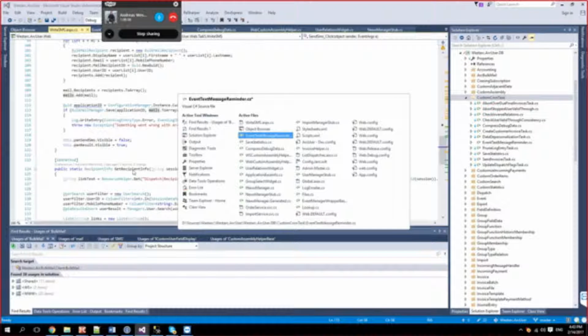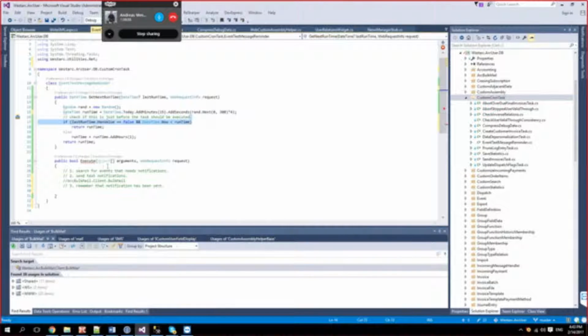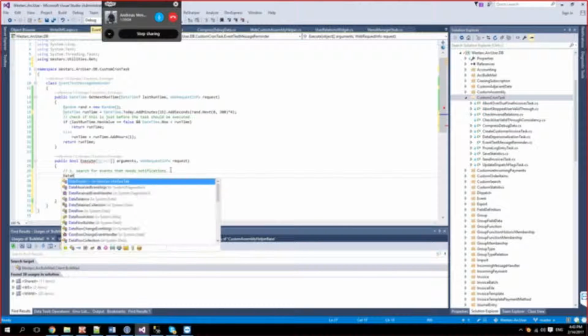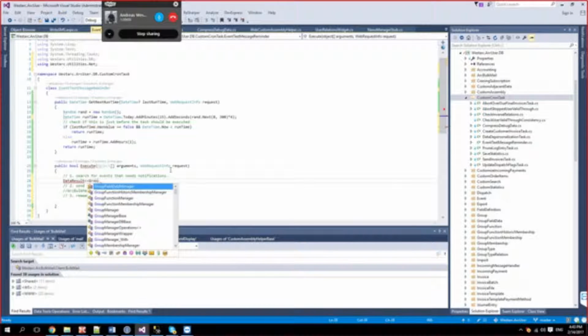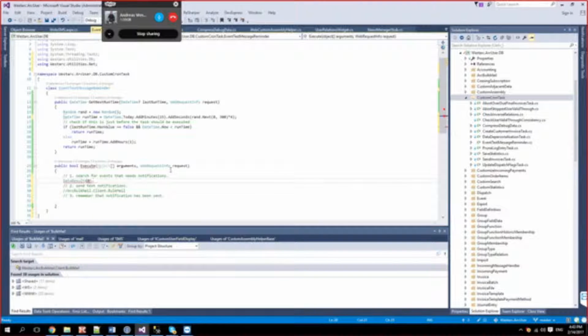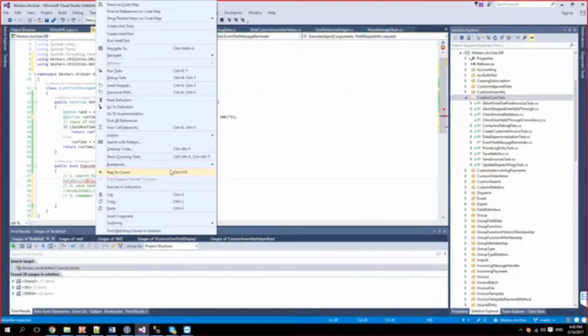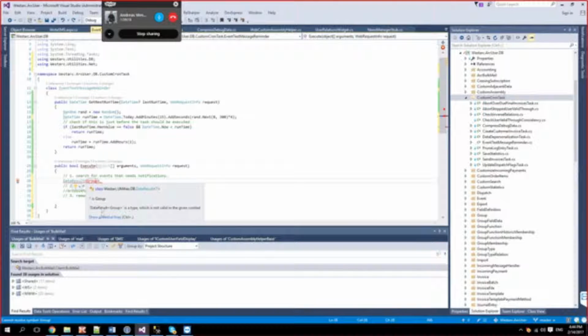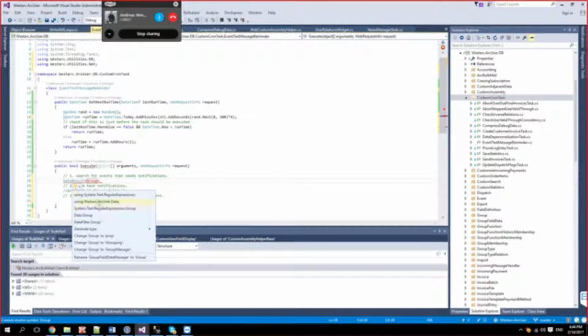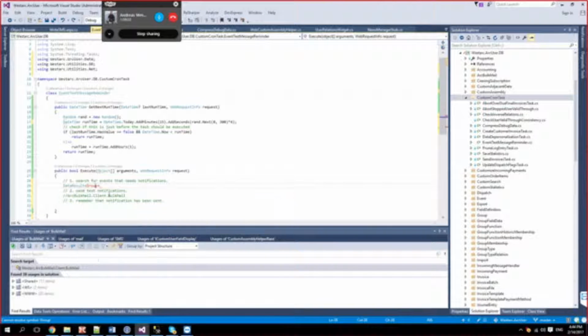In the group event. You've got a list of events here. Events are groups. That is also something you need to know.